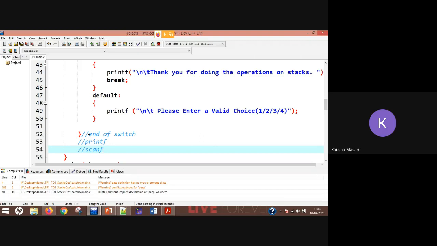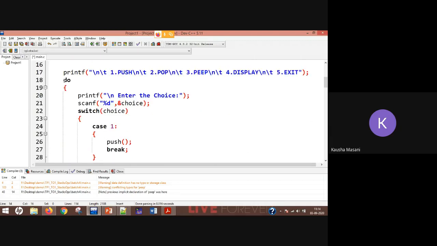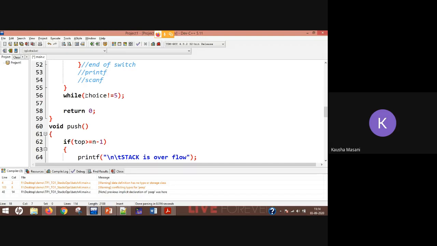Because we want the user to give the program the command that he or she wants to continue or not, and based on that answer, 0 or 1, that 0 or 1 is going to pass into the while here. Okay, here I have given it statically that while the choice is not equal to 5 in my do while loop, but you guys are implementing the while loop as I had shown you previously at the starting of this session.